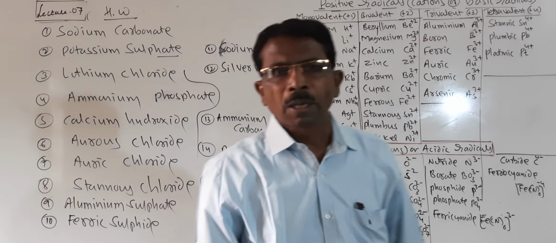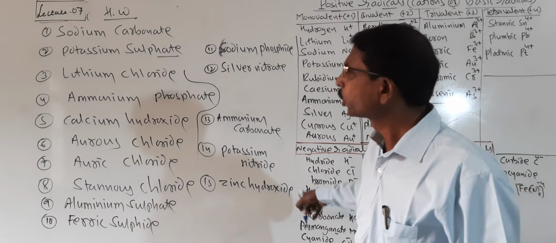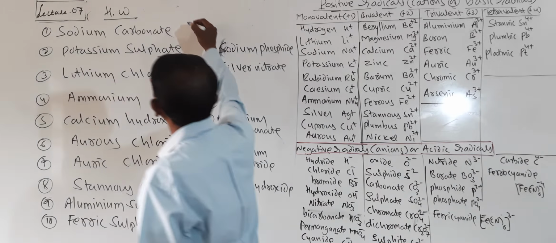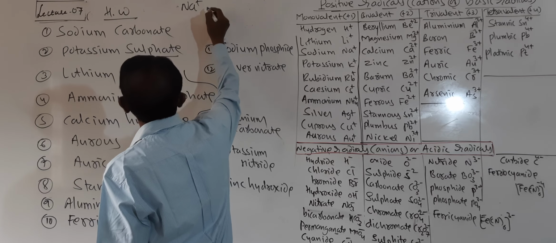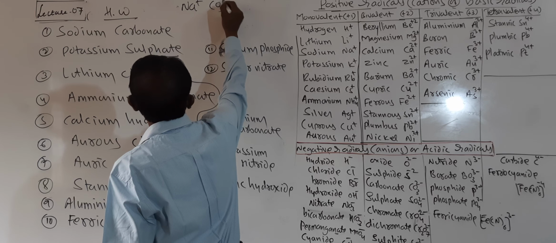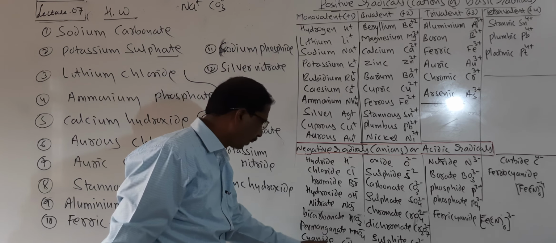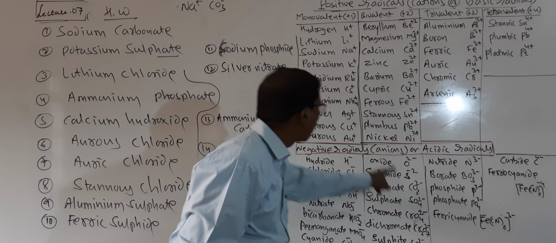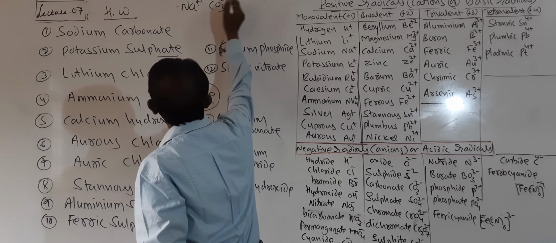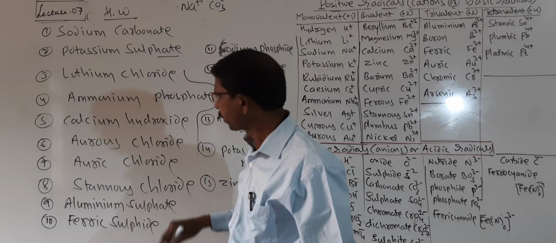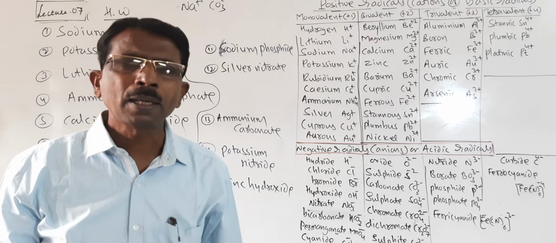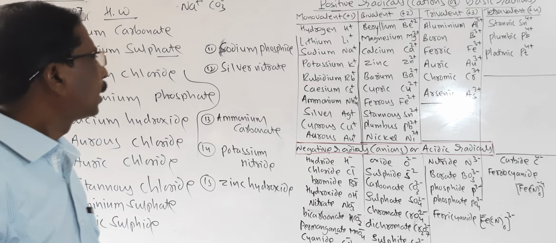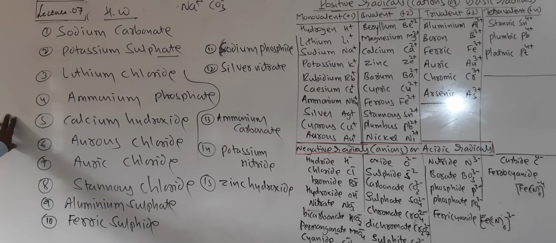So dear students, by using this chart, you may write this formula, sodium carbonate. You know it. Sodium means you first write the cation, and carbonate is CO3 2 minus. Look here, carbonate is there, so it is carbonate CO3 2 minus and sodium. Then this one is multiplied by this, and by using this you can write the formulas. So these are the examples.